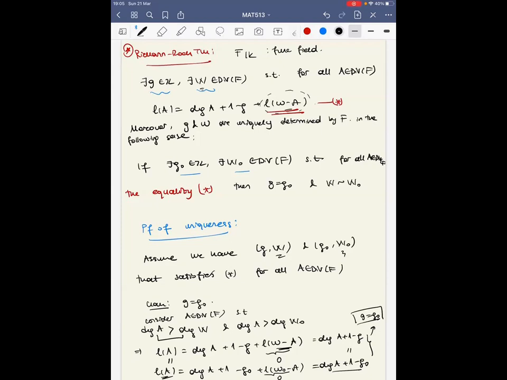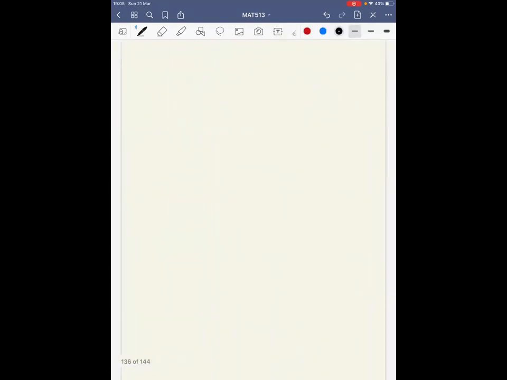And now we want to see that such two divisors are unique up to equivalence. In order to see that, first let me observe, this is our claim, that indeed they have the same dimension. To see that, consider the zero divisor and the equality star. That means L of 0 is degree 0 plus 1 minus G plus L of W minus 0,